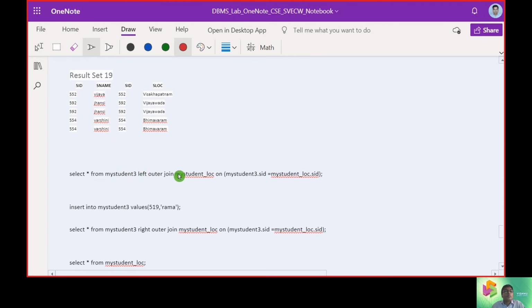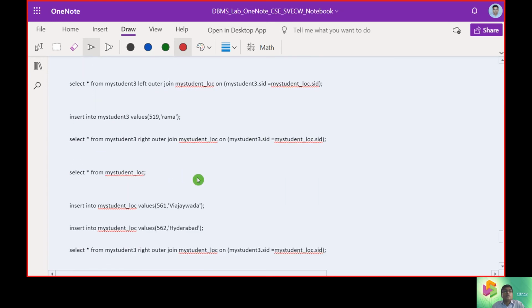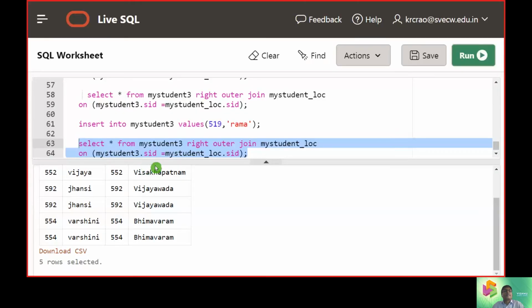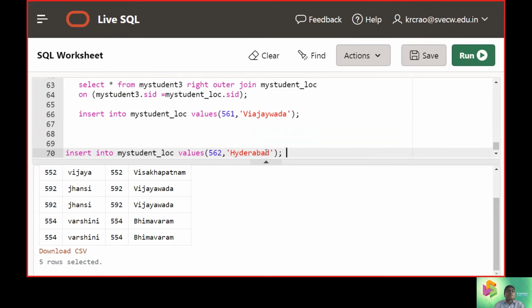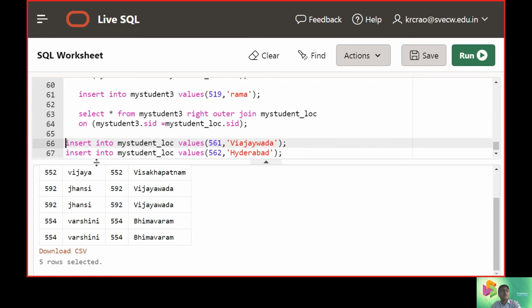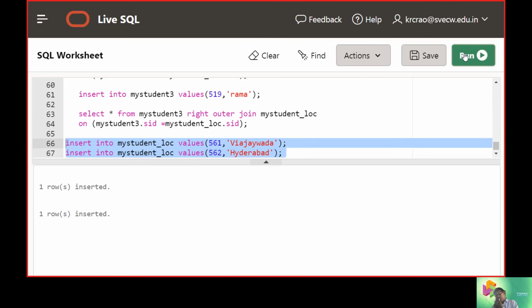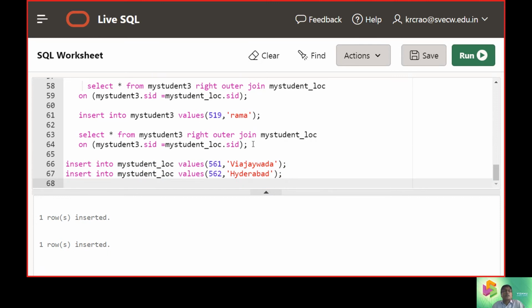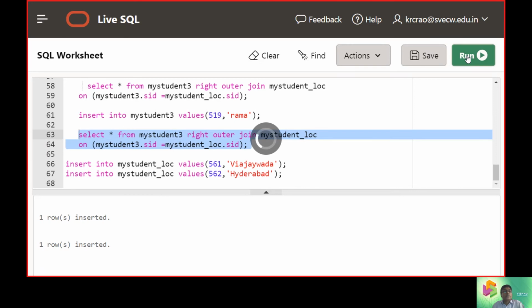So what we will do is insert a few more records for understanding, two items, because the earlier example fits only the left outer join, not the right outer join. Two more records are taken up, and now just verify it.